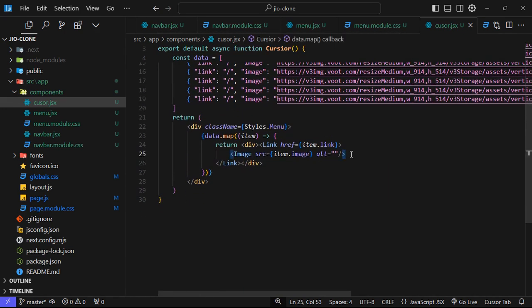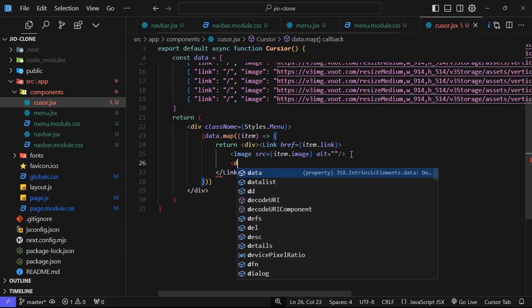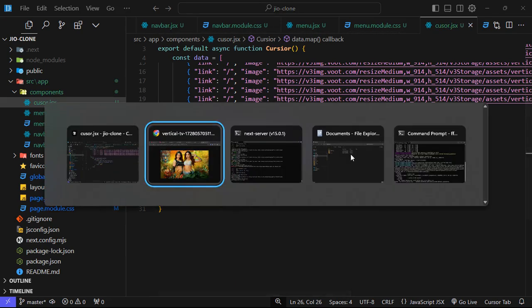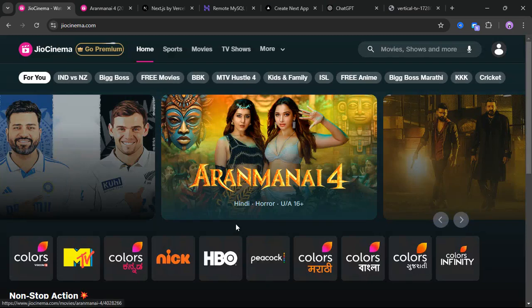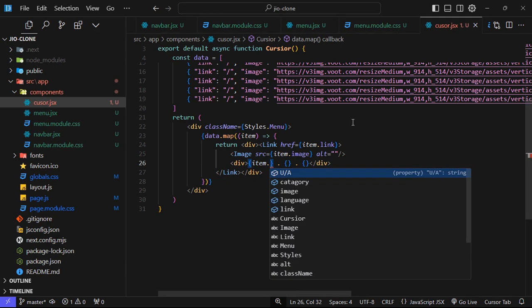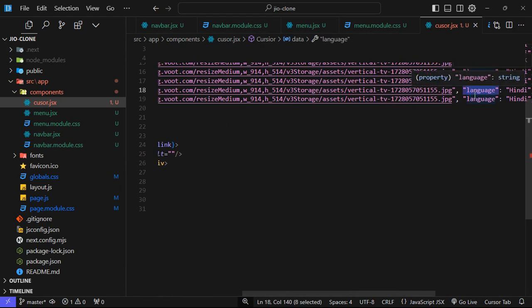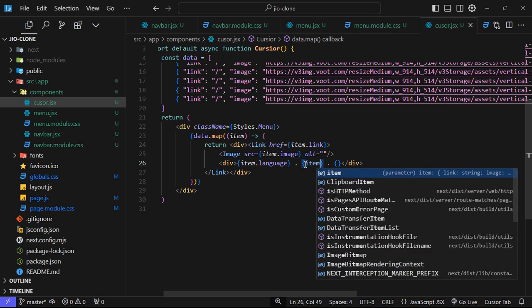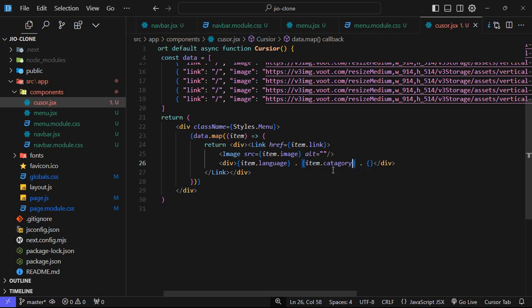Now we need one div here. Inside this div we have these texts. If I come back here, this one. Let's start creating this. We have a space dot, again this, a space dot, and again this. Now what is this basically? Here it is item dot language. I think that was language. Now next it was item dot category, and after that it was item dot